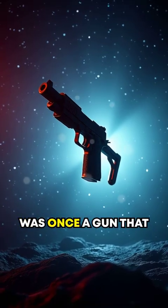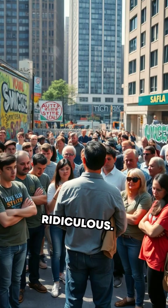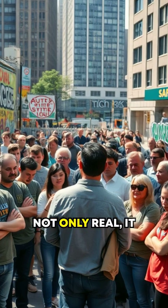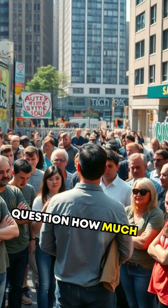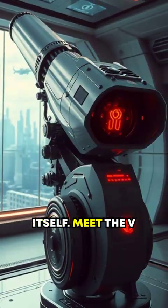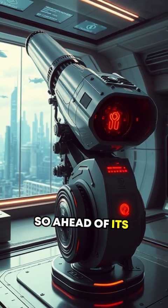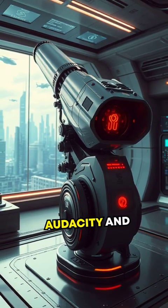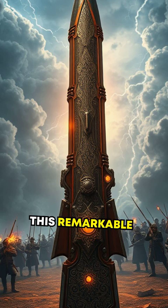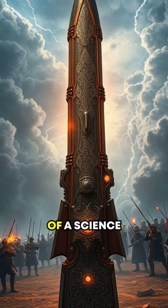Did you know there was once a gun that defied the very concept of gravity? Sounds ridiculous, right? But stick with me, because this one weapon is not only real, it will make you question how much you understand about firearms and even physics itself. Meet the V3 cannon, a gun so peculiar, so ahead of its time, it becomes a symbol of audacity and impossibility. So let's dive into this remarkable chapter of firearms history that almost sounds pulled out of a science fiction